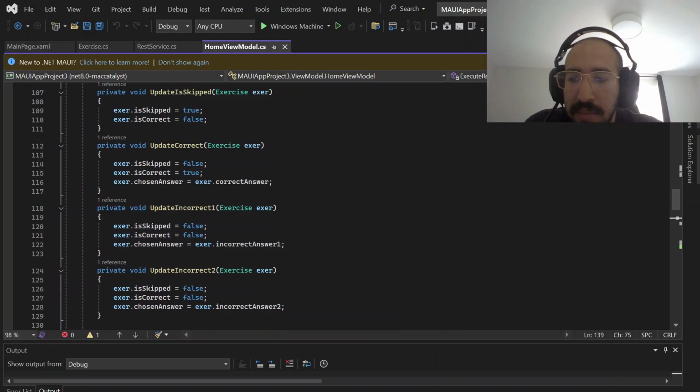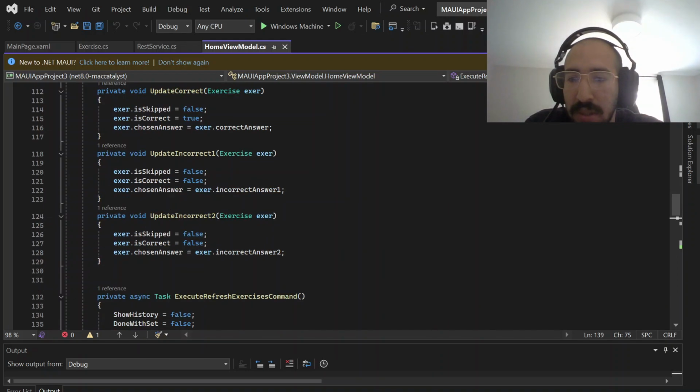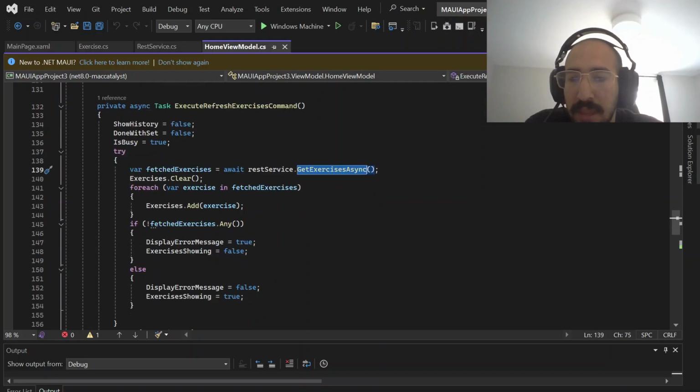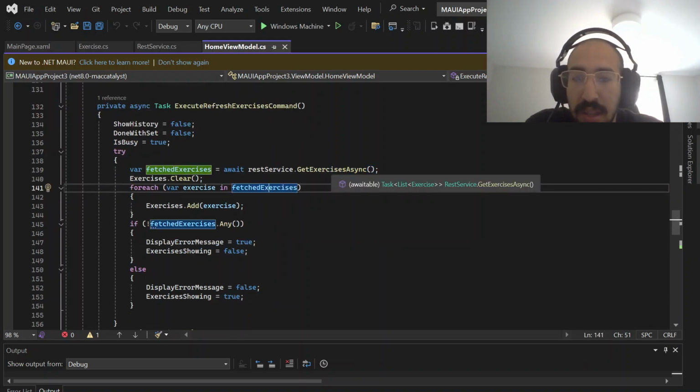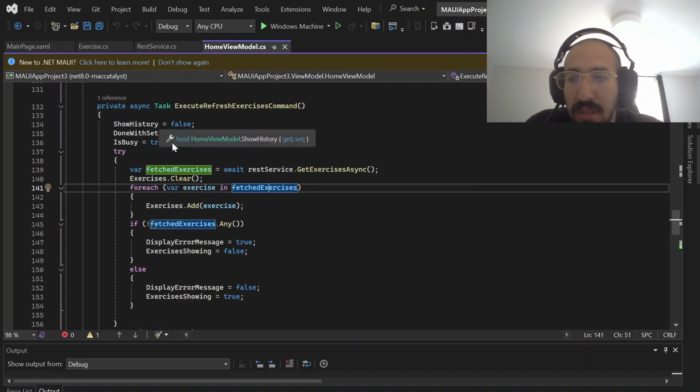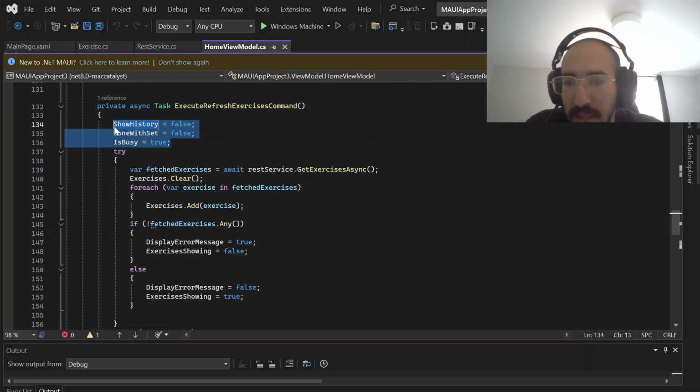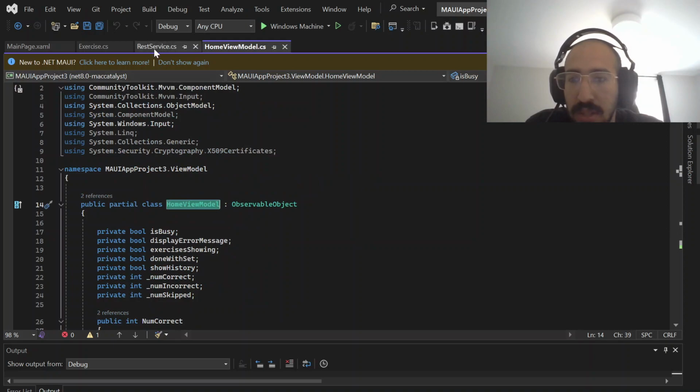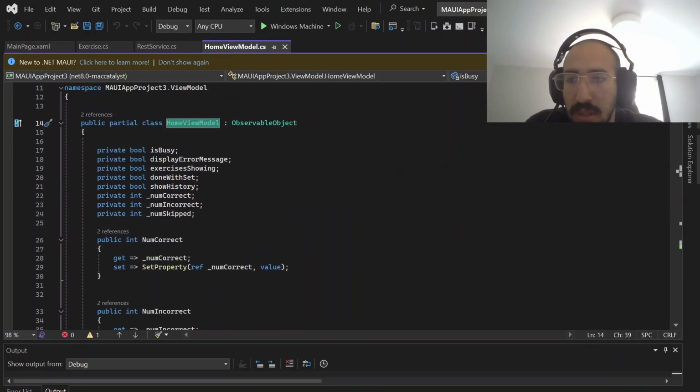We initialize everything. So we have a command for each of the buttons, then the execute refresh command, where we basically call the get exercises async from the REST service, and also update these, which basically show